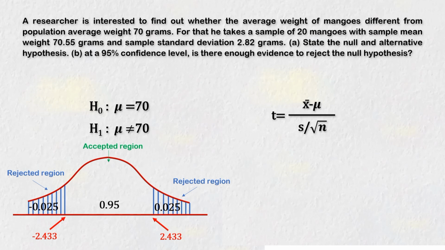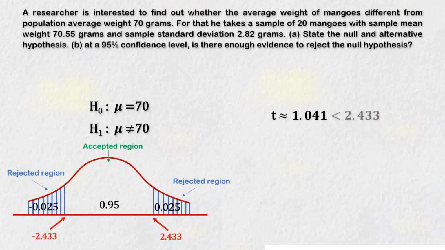Okay, now we'll find t value. Here, x bar is sample mean, which is 70.55 gram. Mu means population mean, which is 70 gram. S means sample standard deviation, which is 2.82 grams. And n means sample size, which is 20. So we get approximate value 1.041,